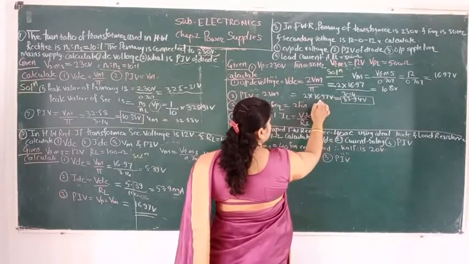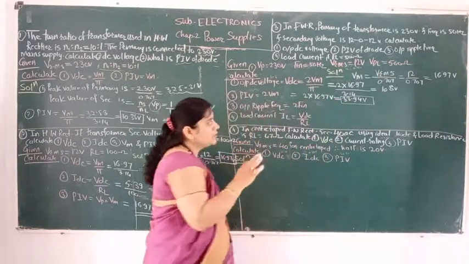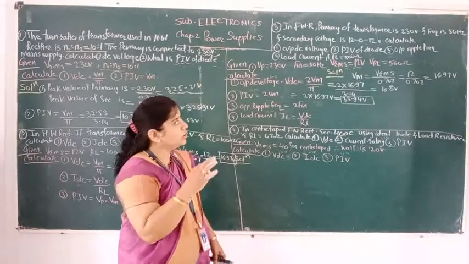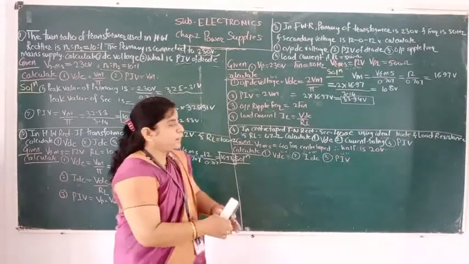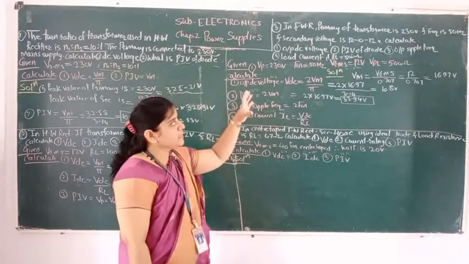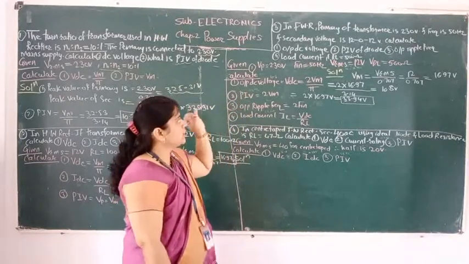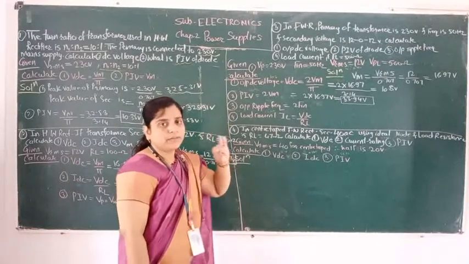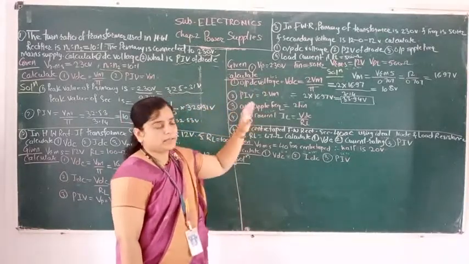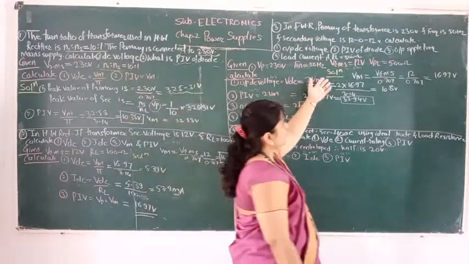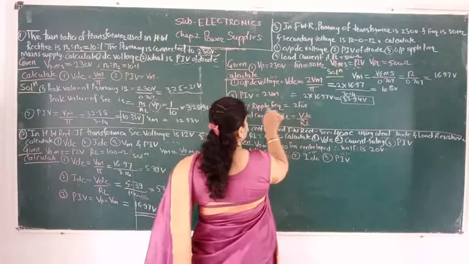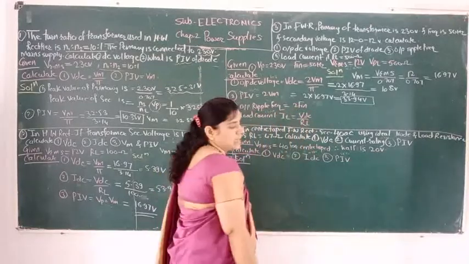I will try to put up the values. First try to understand how to draw the values from the paragraph and the example given. Whatever example is given, you have to first write down what is given and what you have to calculate. You have to separate the given and the calculate, then try to write the solution and solve it.